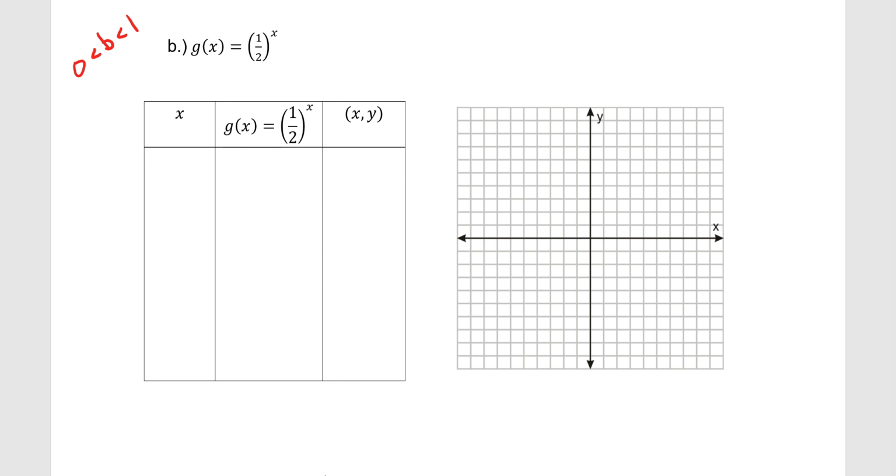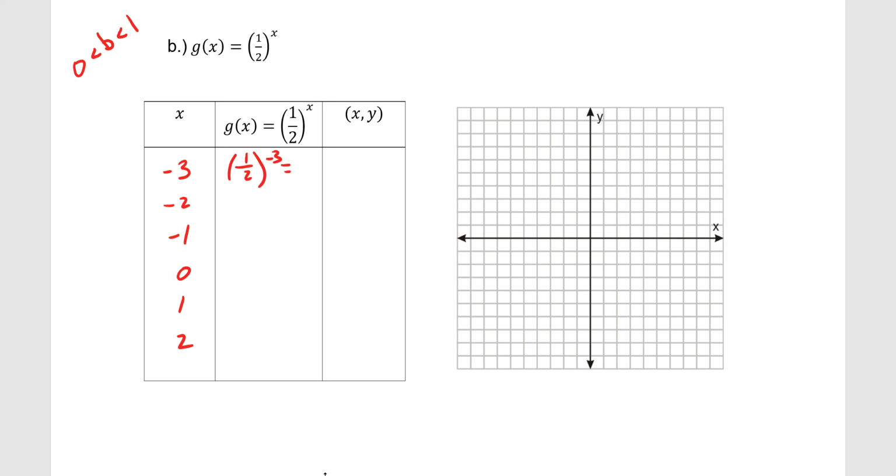Okay, let's do the same thing now. Let's plug in a couple numbers. Let's do -3, -2, -1, 0, 1, and 2. And I'm doing that just because I know what's going to happen when we plug it in. And let's plug in